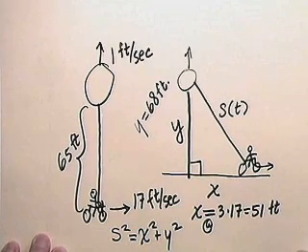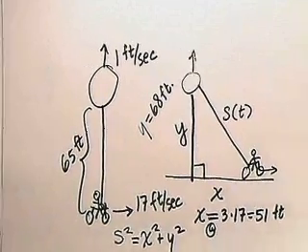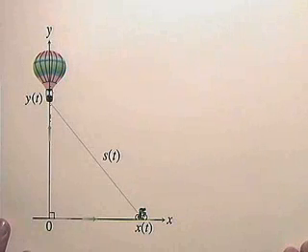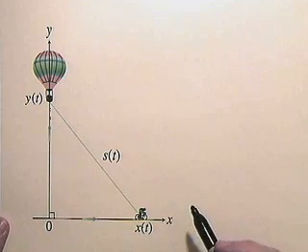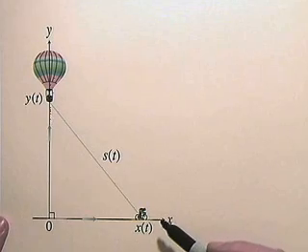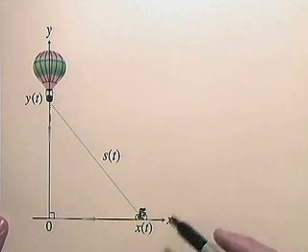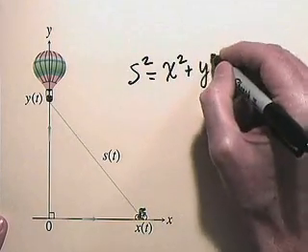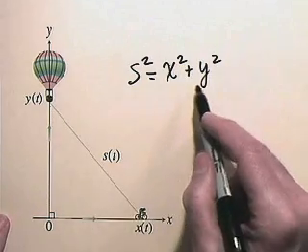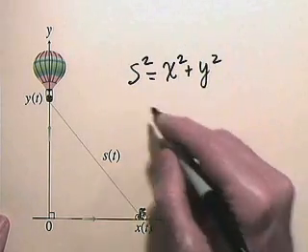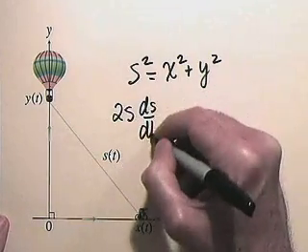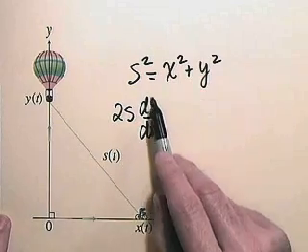Well, now let's look at a nicer picture of our situation since we have one. And remember, when you're working these problems, you don't need to have a picture that's this nice. But the essential thing is you draw a crude sketch, and I'm sure you can easily picture something like this in your mind. And so the essentials are s squared equals x squared plus y squared. S, x, and y are all changing with time, and so let's differentiate both sides with respect to time, keeping in mind that all our variables are functions of time,